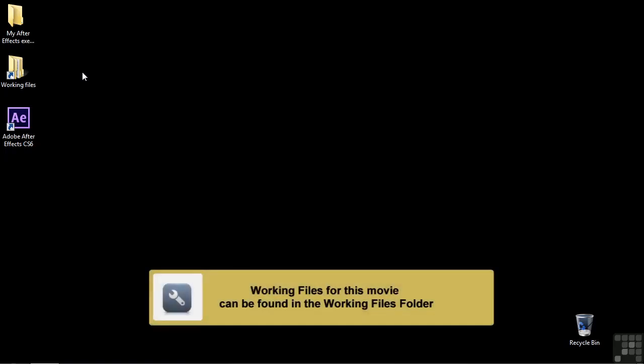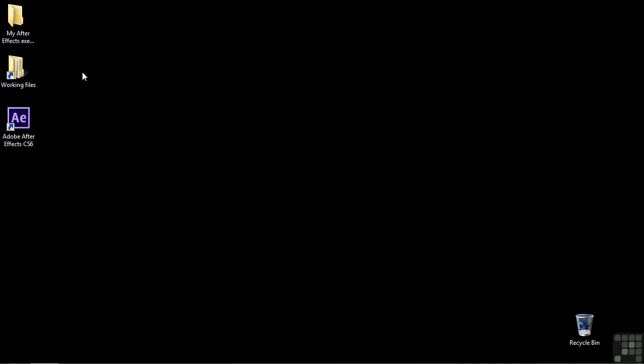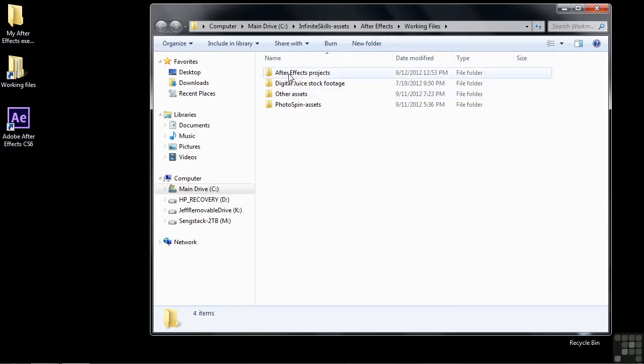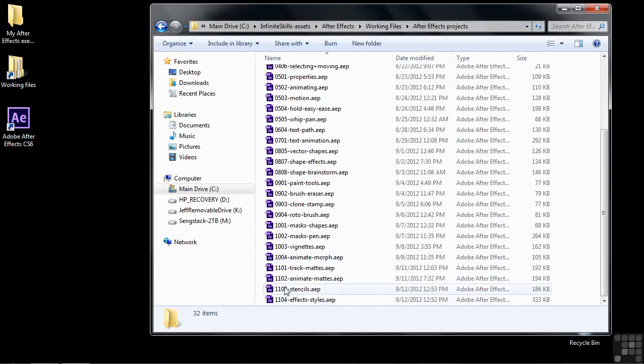In this lesson, I'm going to talk about a different kind of mat. It's called a stencil. Now, when you think about a track mat, the track mat affects the layer directly below it. But a stencil affects every layer below it. So to see how that works, let's go to Working Files, go to After Effects Projects, and open up 1103